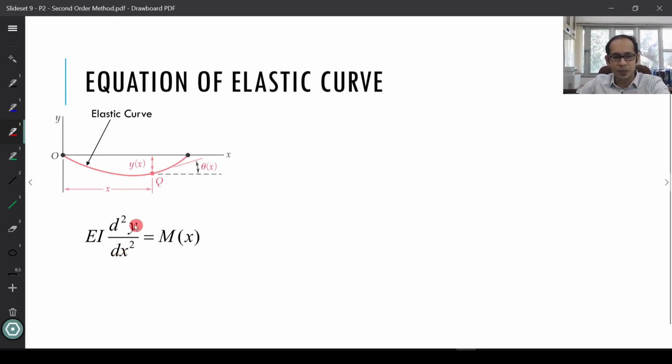And as I said, since we start with the second order derivative of the deflection, this method is also known as the second order method for finding the deflection of the beam. Now if you start with this and integrate it once, and then twice, let's see what we get. So if we integrate it once, what we will get is